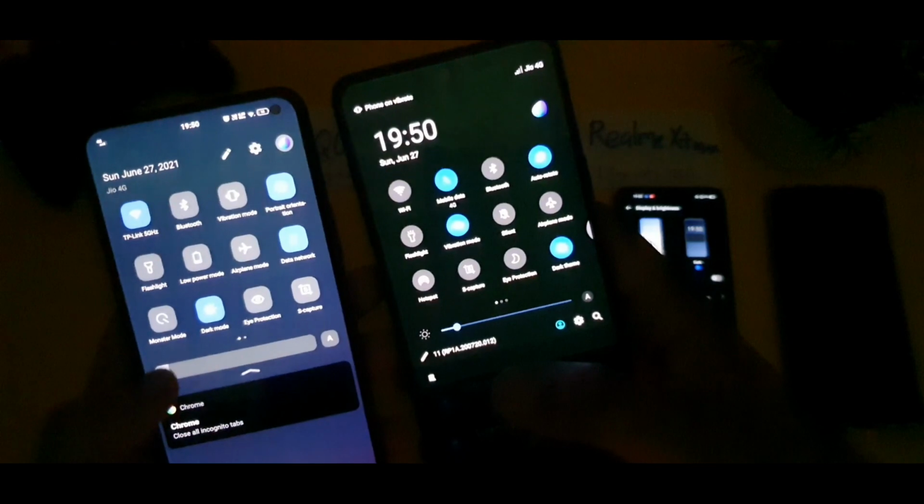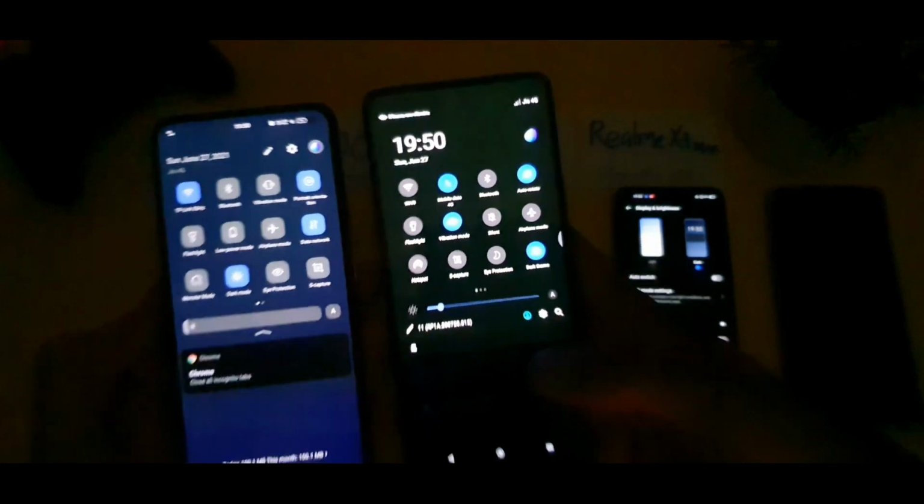As you can see, I kept the same brightness level in both phones, but you cannot see any green tint in the IQ3. This is what is happening friends in the IQ7 device. If I compare in this way, you will be able to know which phone has what kind of problem. You can see that clearly. So now let's open the incognito window in Google Chrome and see how Chrome looks in this kind of mode.